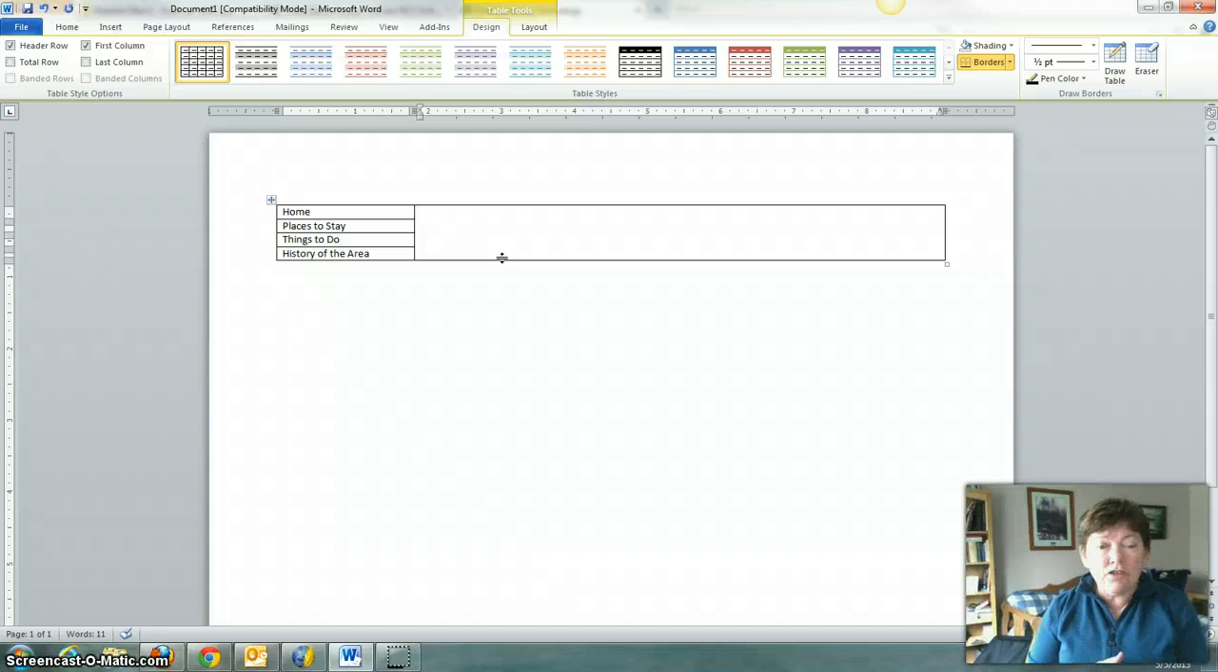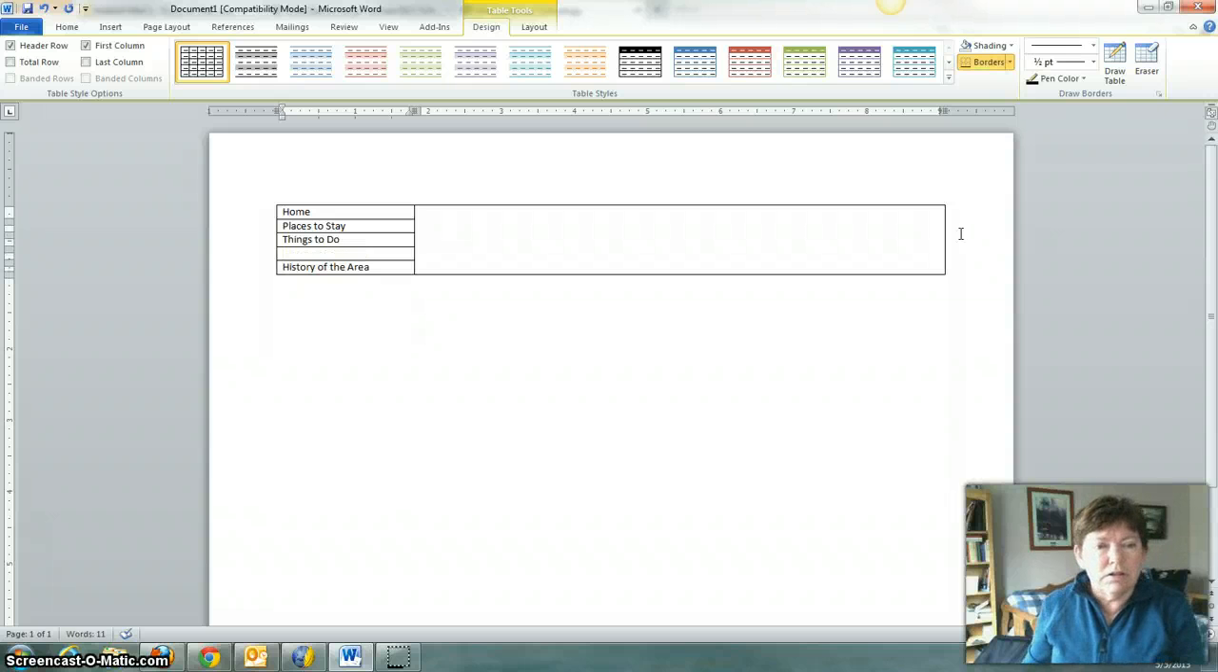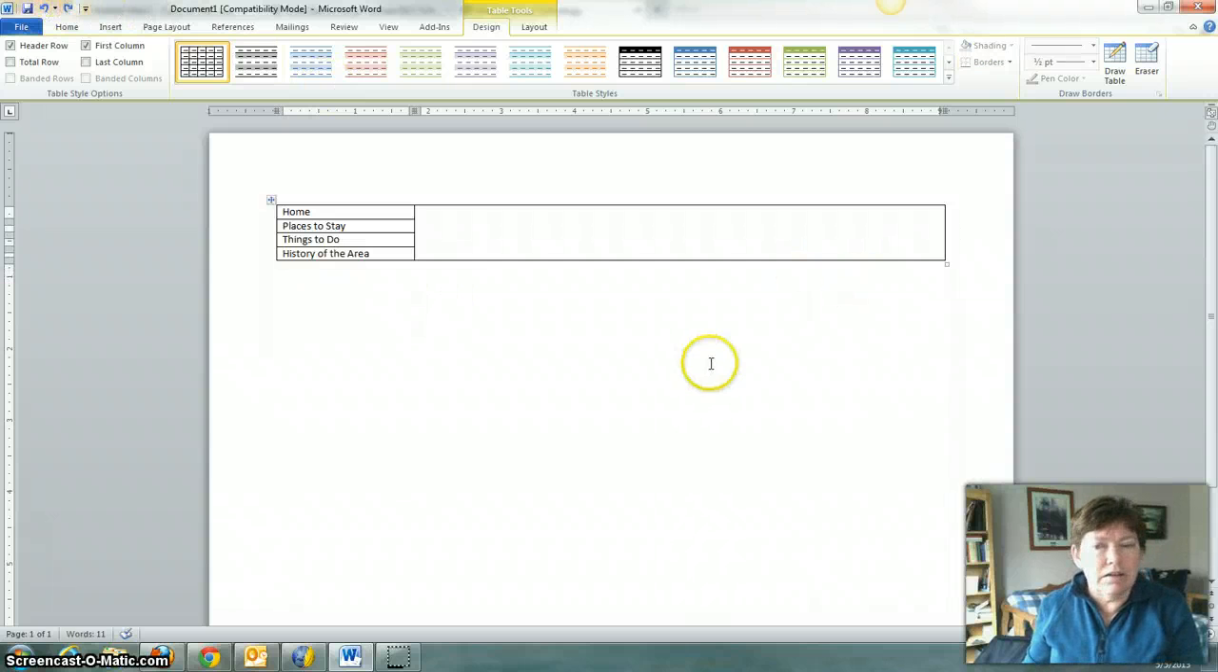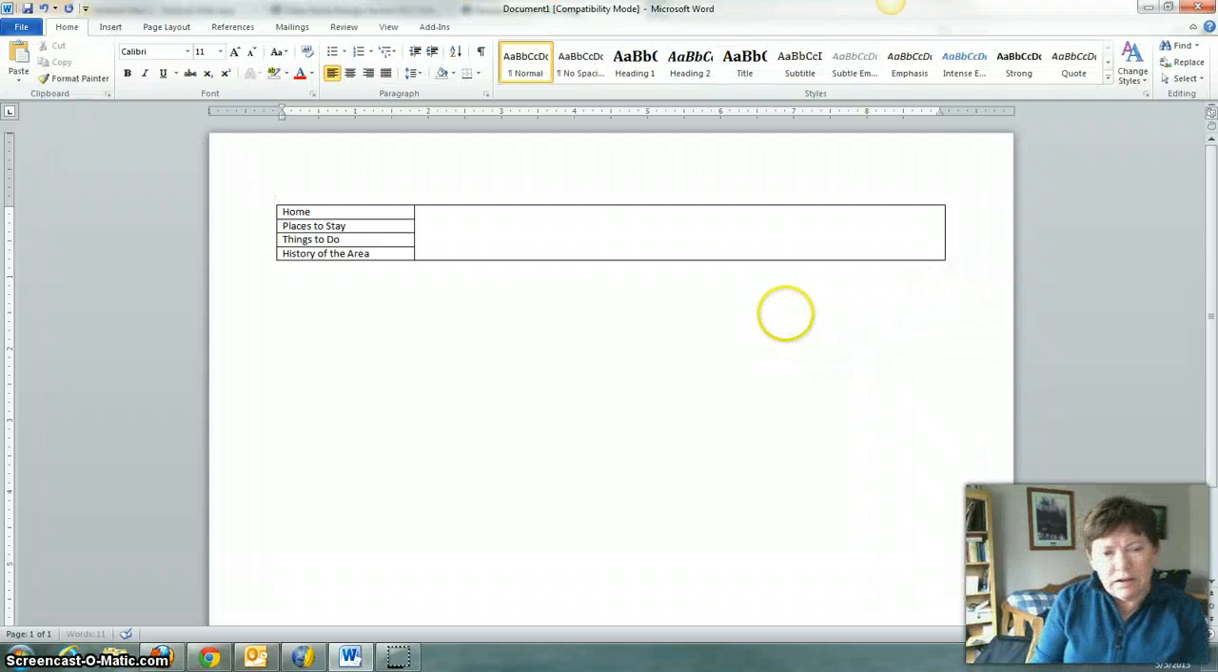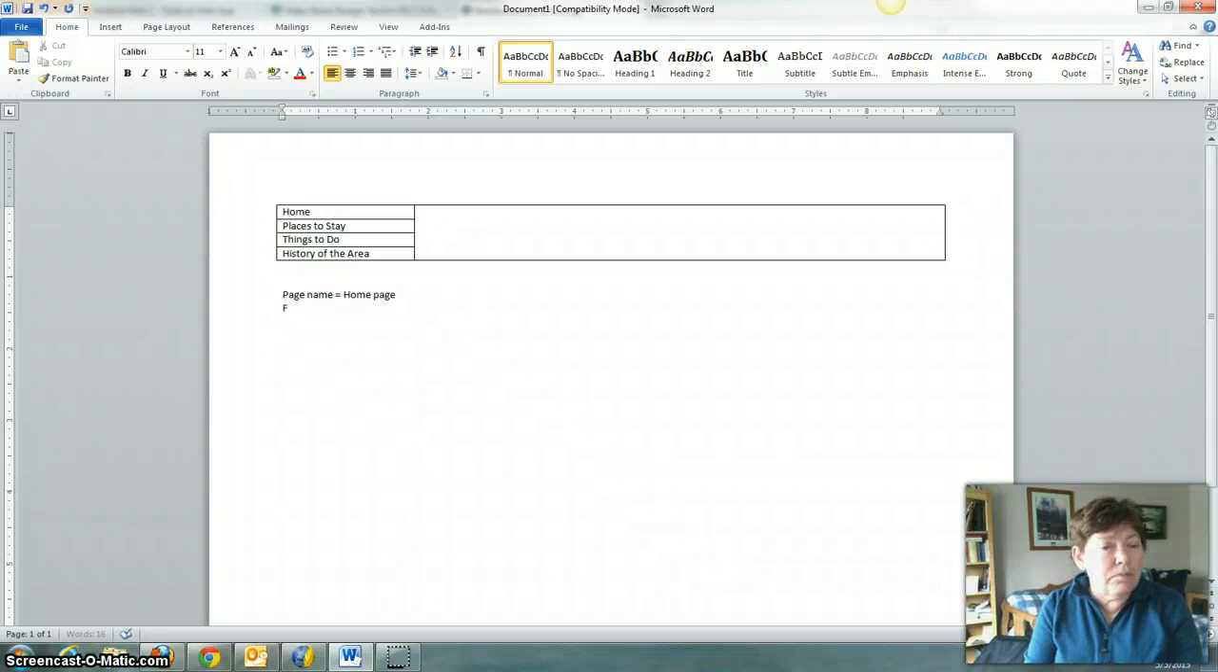So that's okay. On your storyboard, you don't have to actually write these sentences. What I want on your storyboard are the page name, the file name, and what you're going to put on that page. So I might come down here below this table, and I might put page name equals, and let's say this is my home page. I will also put file name